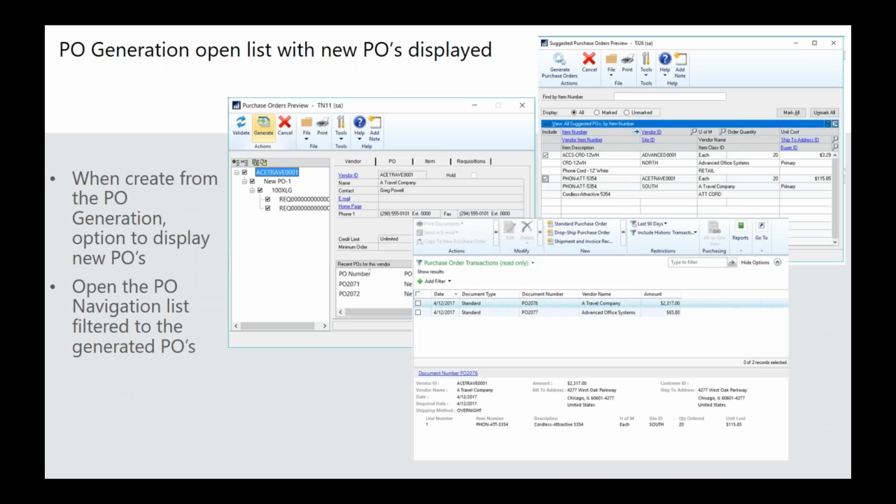Purchase order, well, they have done a couple of things here. If you use PO Generator, they have taken the step to put a list here, kind of in the foreground and at the bottom. Right in here, they've created a list view now for purchase orders that were created with PO Generator. Well, they don't have to be created with PO Generator, but any PO that was created, so that the PO Generator user can actually see the POs, because sometimes they found that the user that's actually generating the purchase order